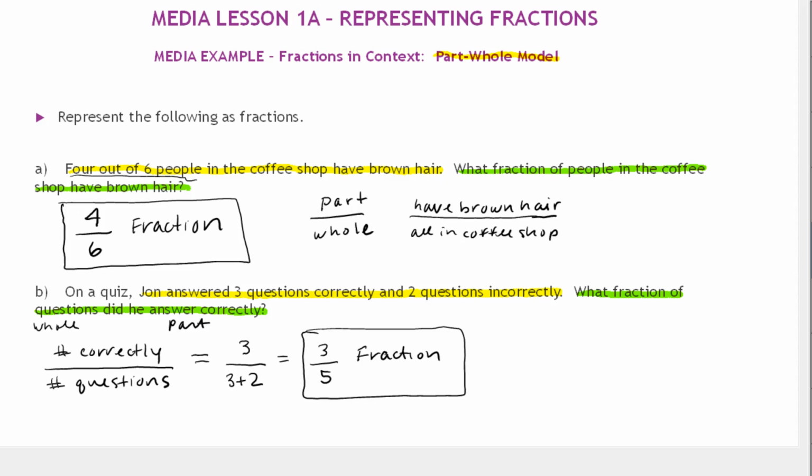But what we're really doing is we're making what we call a multiplicative comparison. So what does it mean to be multiplicative? So we can say that I know that he got 3 questions correct and 2 questions incorrect. So if you subtract these values, the difference between 3 and 5 is 2, and that's telling us the part he got incorrect. So the incorrect part would be 2/5 of the questions. But the difference between 3 and 5 is 2, but let's look at another one that has a difference of 2. So say you took a test, let's imagine